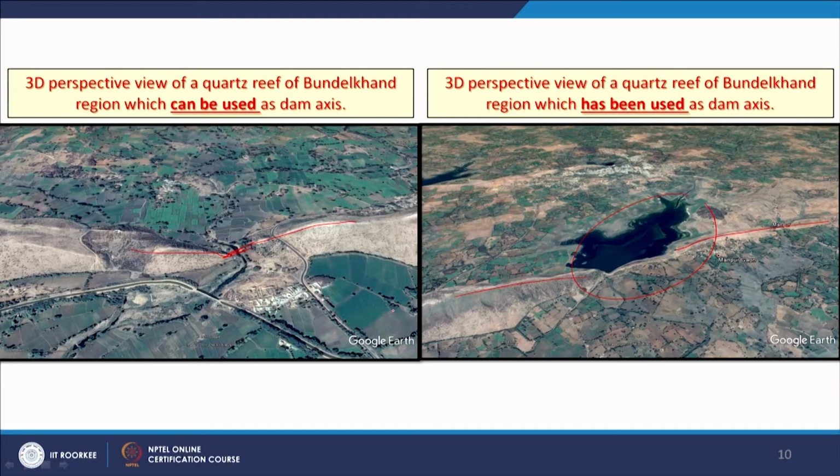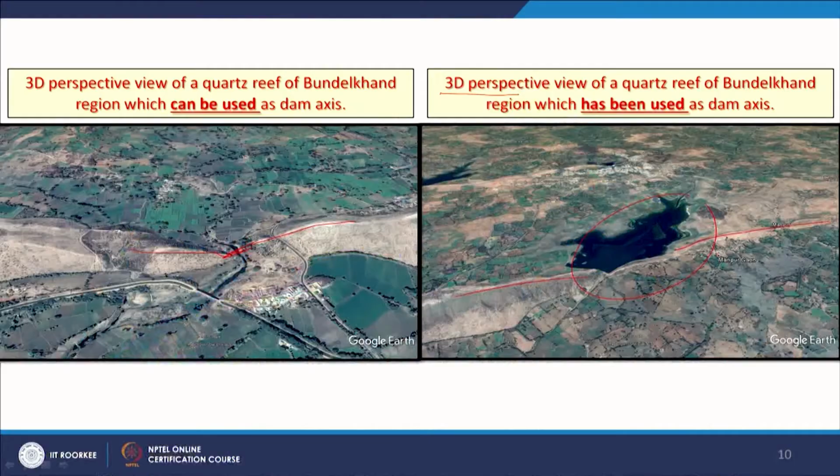but now we can employ satellite images, can exploit these quartz reefs which are running in hundreds in this large central India part, Bundelkhand region, in the northeast southwest direction. And if any drainage line or a stream, a river, is going across, then those can be blocked and can be used for groundwater recharge.